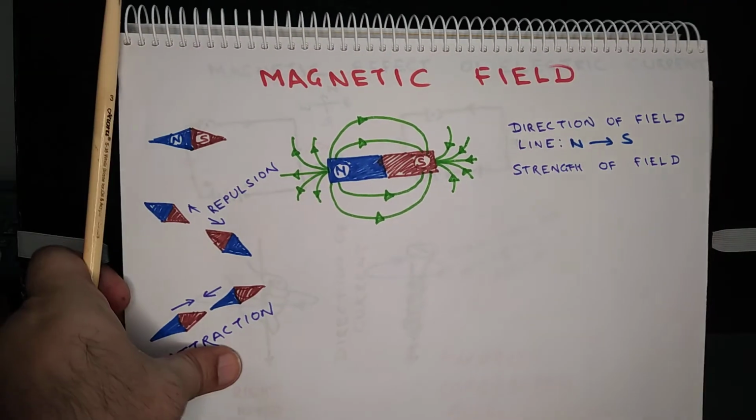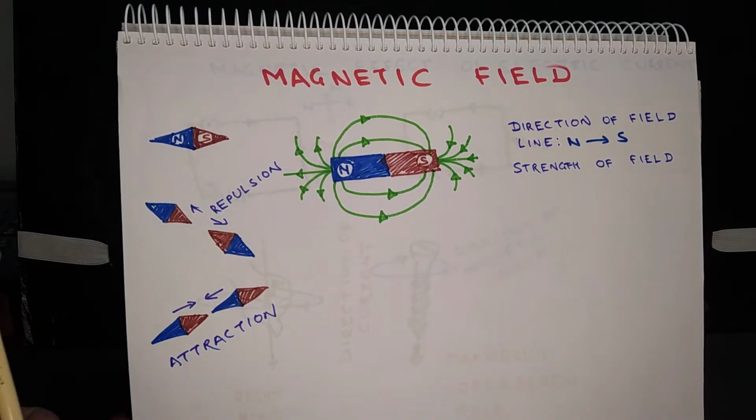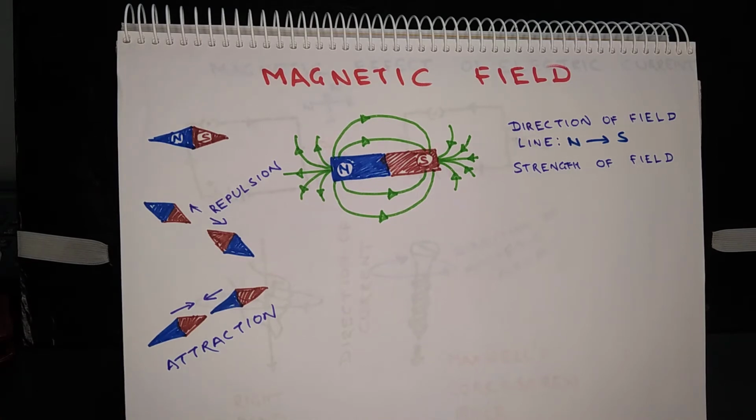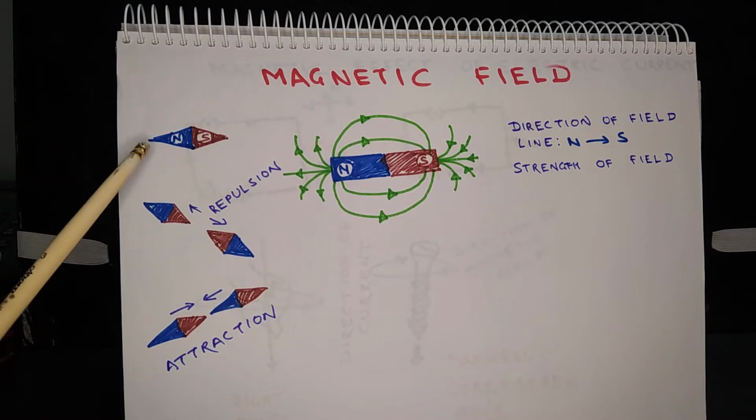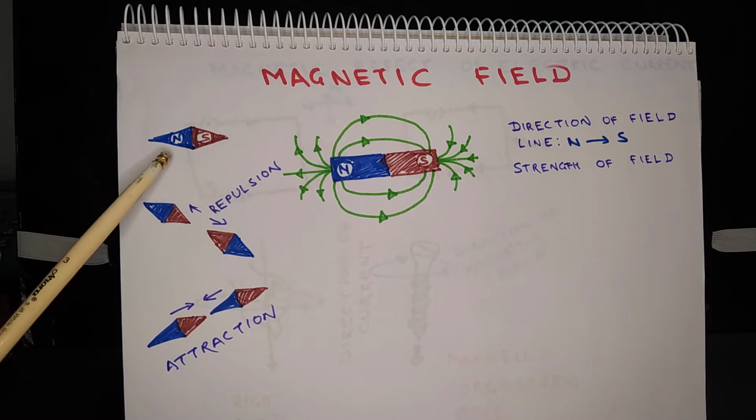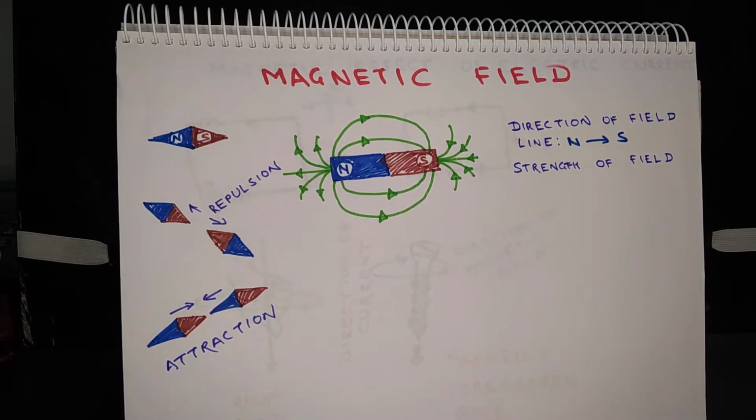Let us start with magnetic field. In your previous classes, I think in class 6th, you must have read about magnets. So let us recall some key points about magnets. A magnet has two poles. If you suspend a bar magnet with a thread and allow it to come to rest, then the magnet always points to north and south direction. So there are two poles. The north pole is also called the north seeking pole and south pole is also called the south seeking pole.